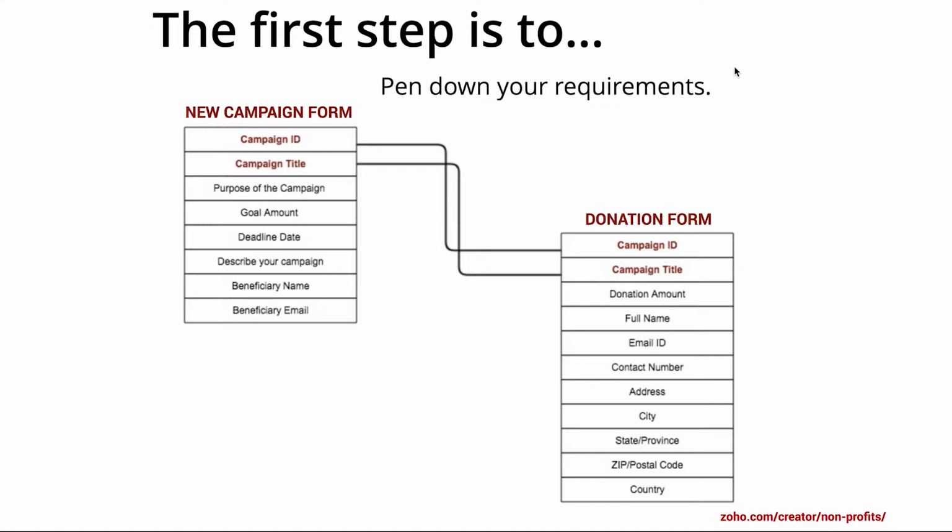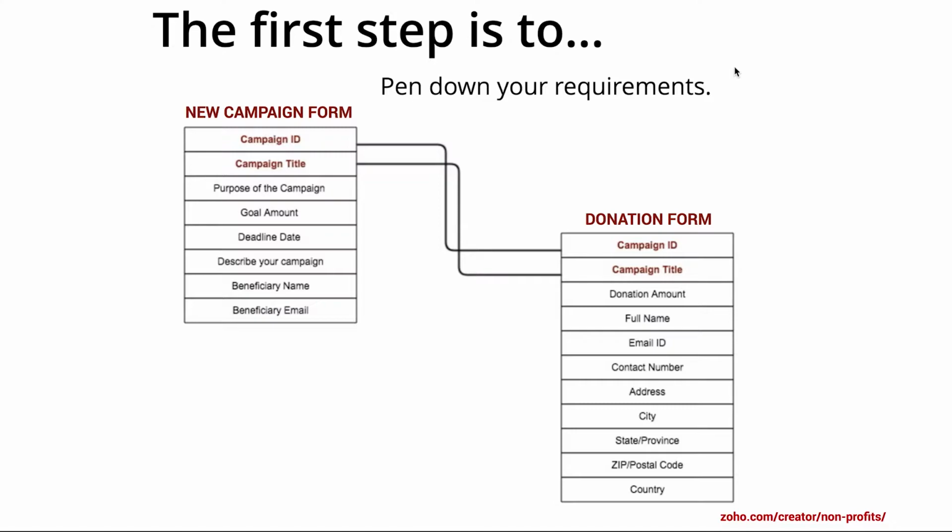For example, as we saw in the application, the upcoming events report would be accessed by all your volunteers, or I would say that particular report can be shared with your volunteers, and the donation form, that is the make a donation form, can be shared with your potential donors. So here we need to have 2 forms, that is the new campaign form for the campaign module and the donation form for the fund history module.